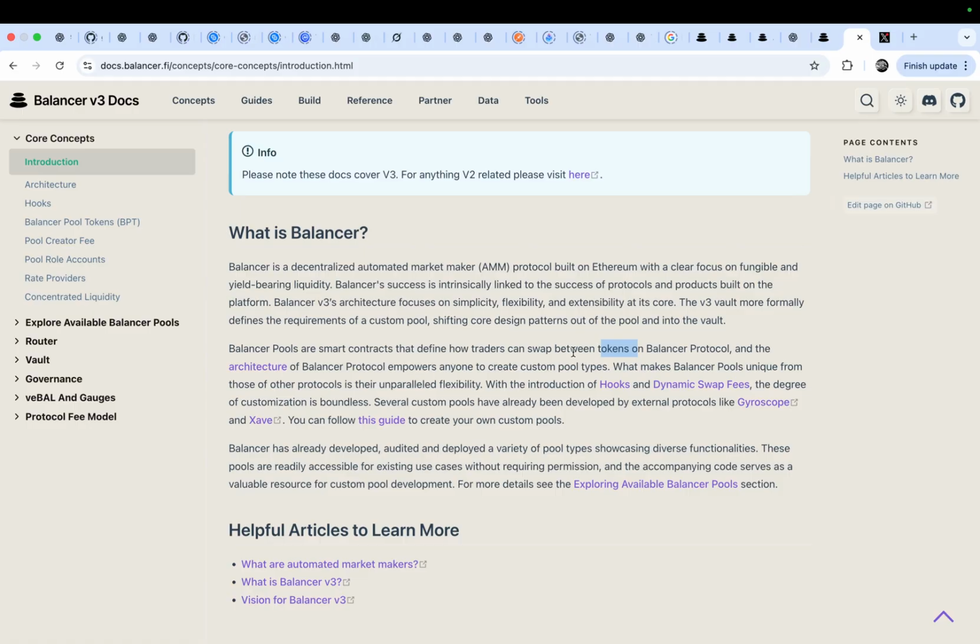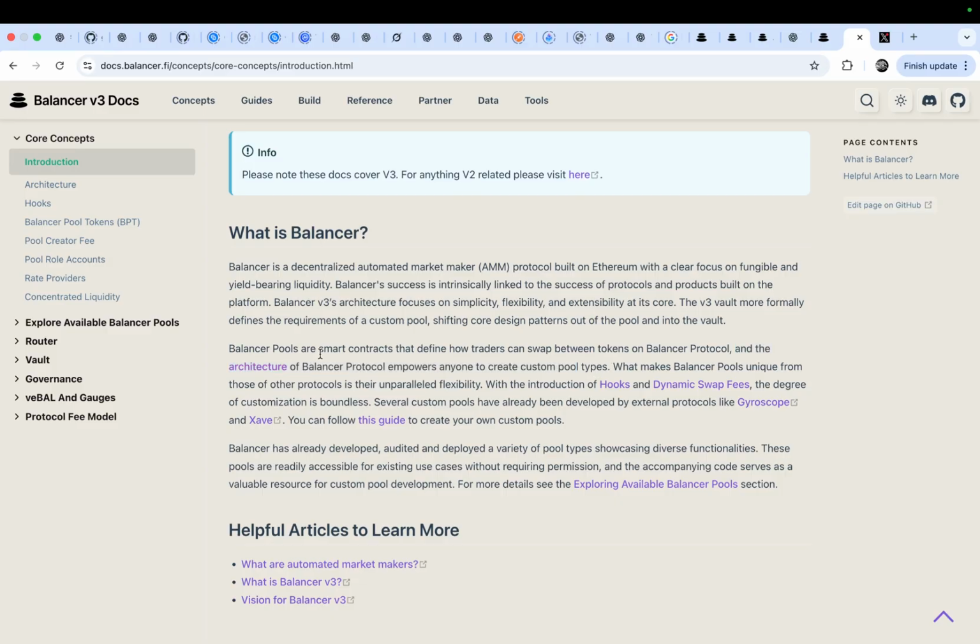One kind of pool is like Curve, for stable token pairs like ETH and wrapped ETH, or DAI and USDC, and so on. And the architecture of the Balancer protocol empowers anyone to create custom pools.